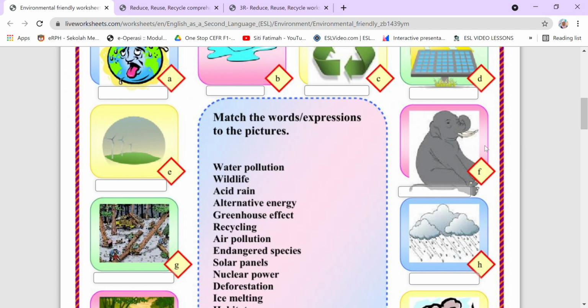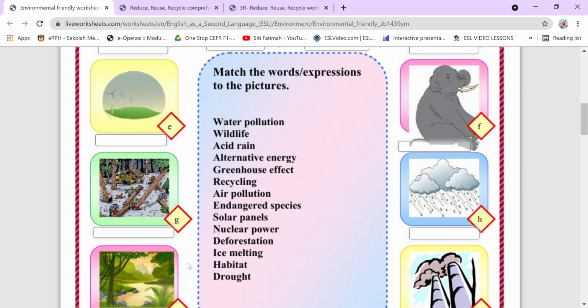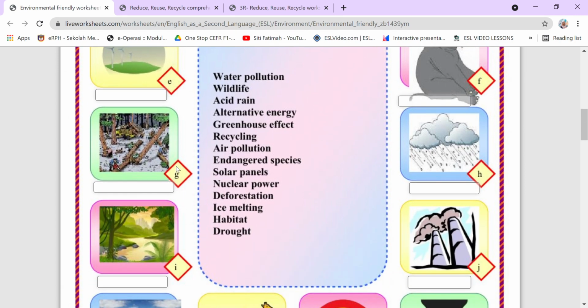And then F, the elephant. G, look at this. The trees are being cut down. H, I,